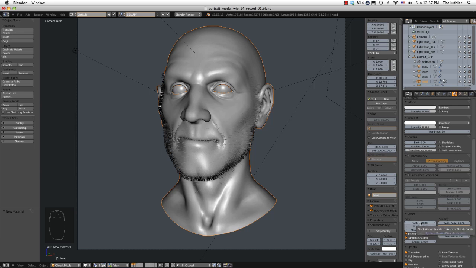But it can also make the hairs severely anti-aliased, because if the hairs are thinner than the pixels of your computer screen, what does it do with that? It doesn't know. So it has to kind of approximate that, and it looks really strange. So when I'm typically rendering hair, I'll get it set up to look decent, and then for the final render, I'll render it twice as big, and then scale that down, because scaling the image down yields much better results than rendering the hairs at actual size. But if you're rendering at actual size and they look fine, then that's okay. So anyway, let me